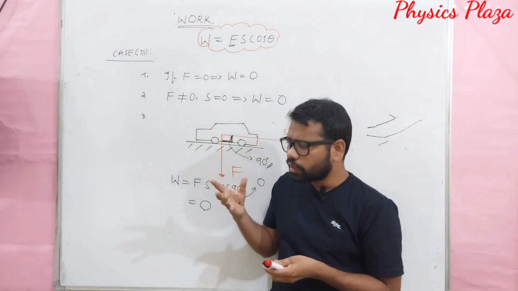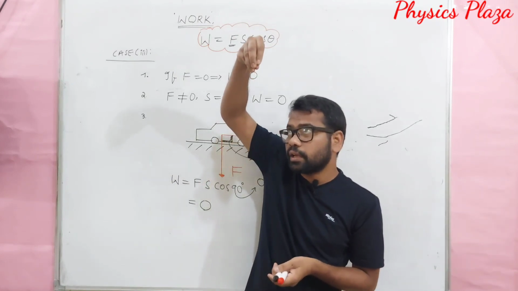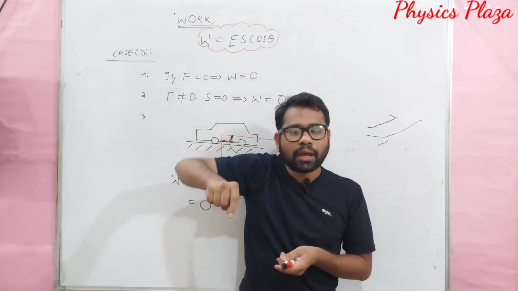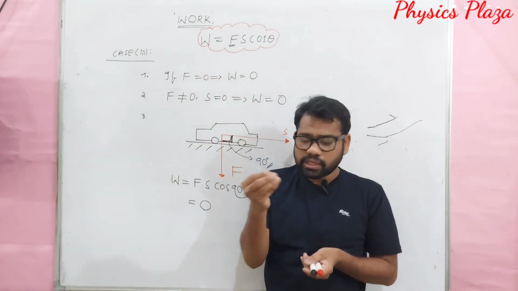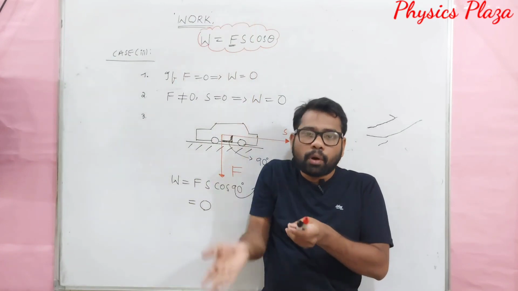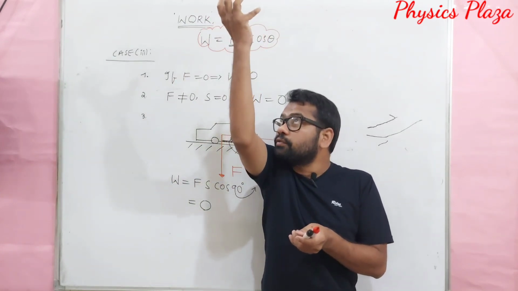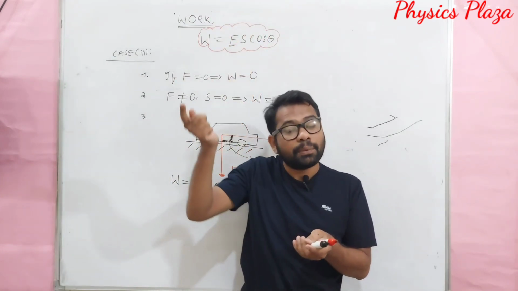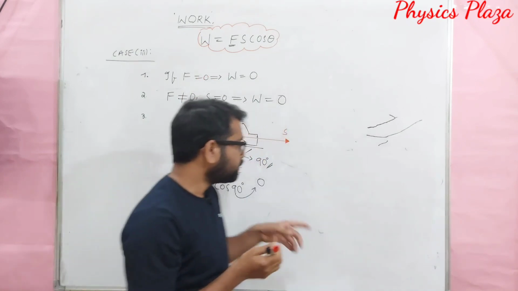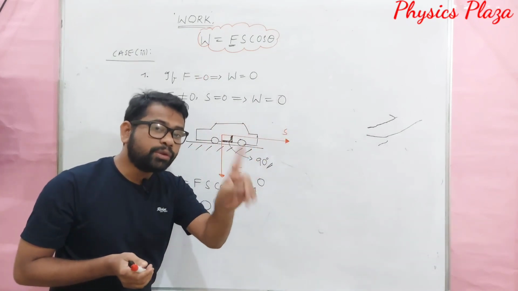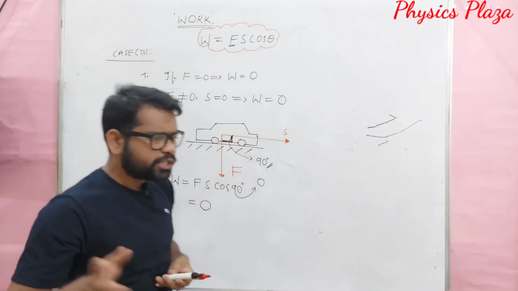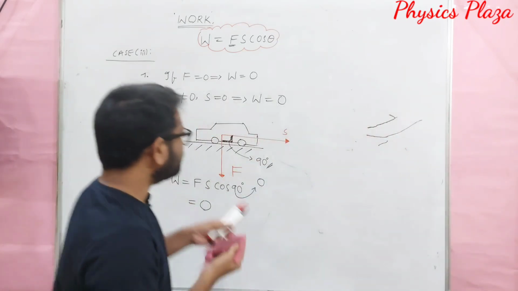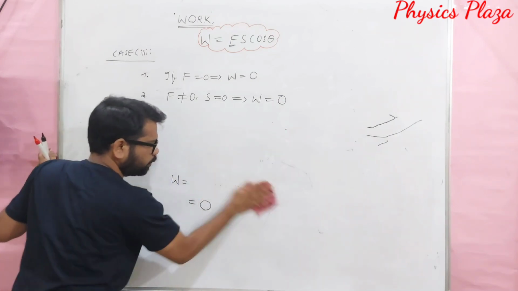When I took case 1, there a ball is freely falling. There we discussed that the work done by gravity is positive. In the second case, where a ball is thrown vertically upwards, the gravitational force is acting vertically downwards. So there the work done by gravity is negative. But in this case, again considering work done by gravity only, the work done by gravity is 0.